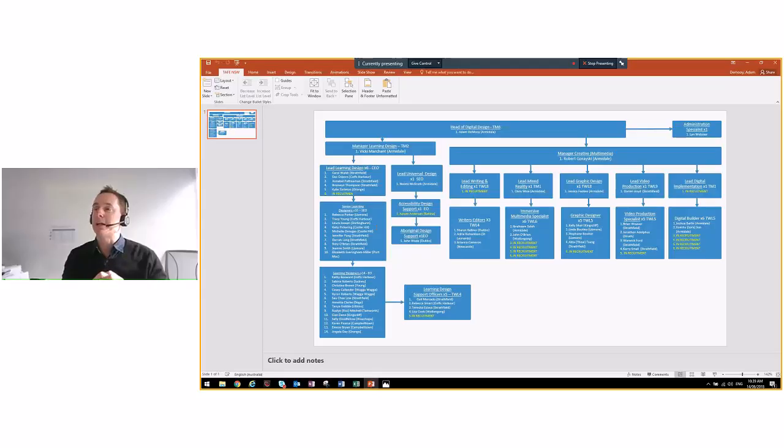How do we maintain a high-performing, cohesive team when we're so dispersed, and how do we monitor what people are working on? How do we help them with their challenges and so forth?